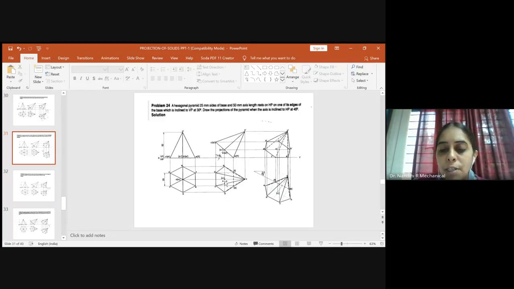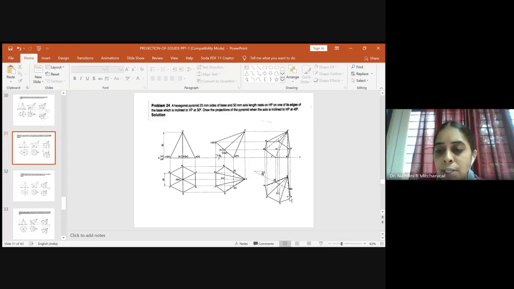Once you measure the distance from O1 to E, come back over here. Using the compass, cut an arc on this perpendicular line. So you will get this corner E. Similarly, measure the distance from O1 to B using the compass, keep one end of the compass here and cut an arc. So you will get the other corner, which is our B. Now we have all the corners of the base surface, right?